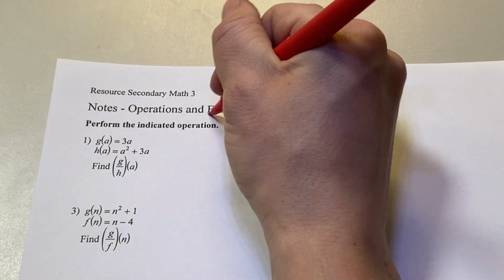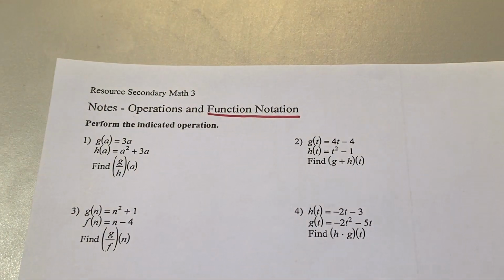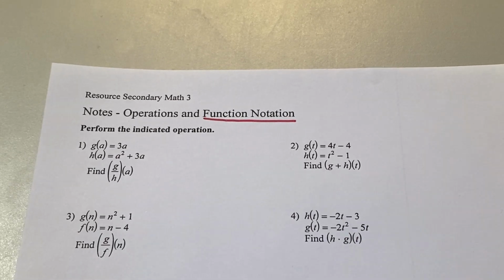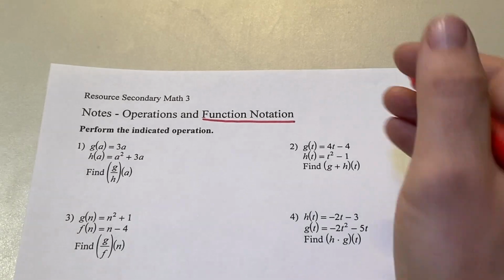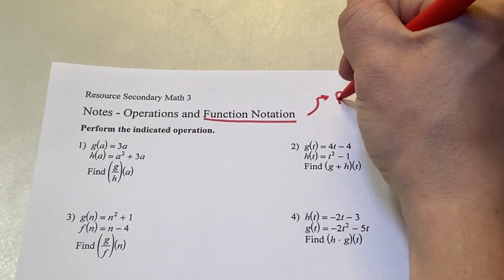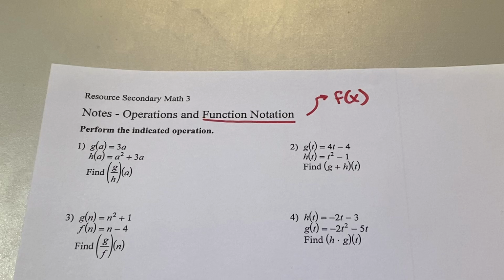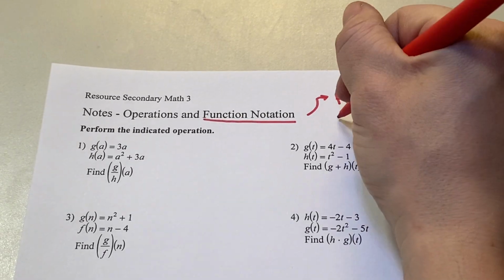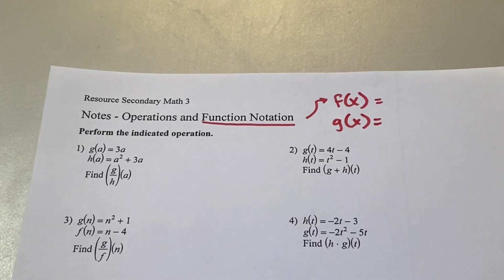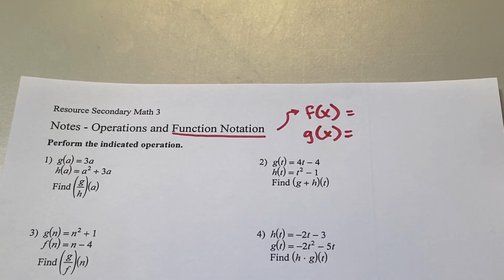So let's go ahead and just define what it means with this function notation, okay? Because mathematicians, they're particular about it, how it's written sometimes. So function notation literally means it's written like f of x equals, g of x equals, okay? Instead of y equals. A lot of the times with the equations we've worked with, you see a lot of